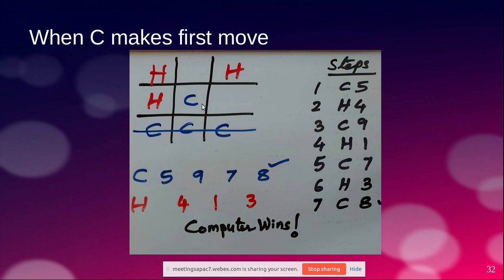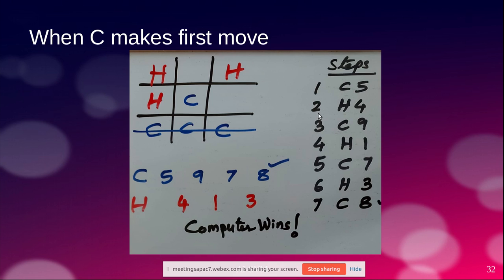We started with a blank board, and the computer is making its first move. So here we have 9 moves to make. I mark 1, 2, 3, 4, 5, 6, 7, 8, 9. I didn't mark 8 and 9 because I went on marking the moves one by one. So on the first move, all 9 cells are blank. We selected the center cell, so we place C in cell 5.